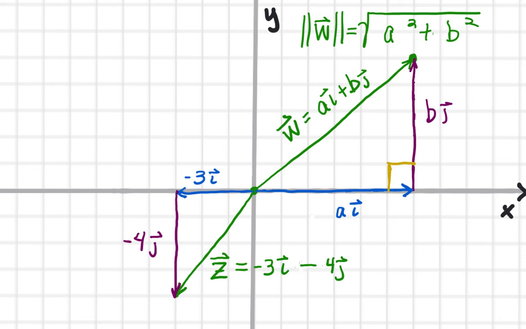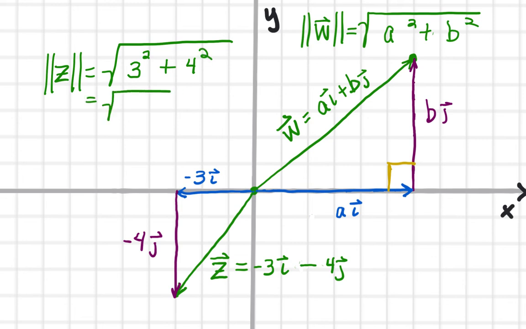And what is the magnitude of vector z? Well, let's write it out. The magnitude of vector z. There's the symbolism. It's going to be the a value squared plus the b value squared. Now, those are both negative. However, magnitudes are always positive. So the magnitude of the i vector plus the magnitude of the j vector gives us that. So square root of 9 plus 16 equals square root of 25, or 5. The magnitude of vector z